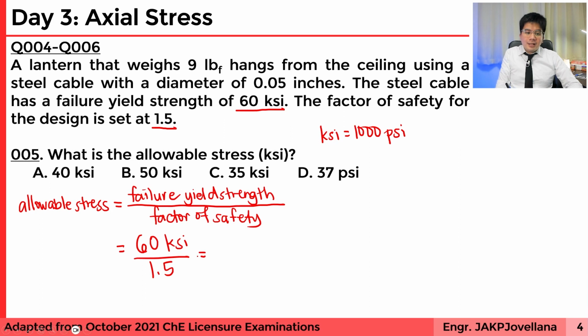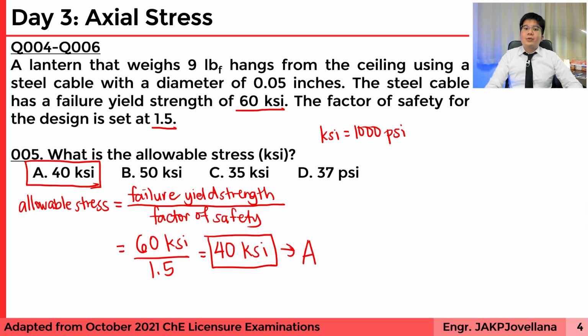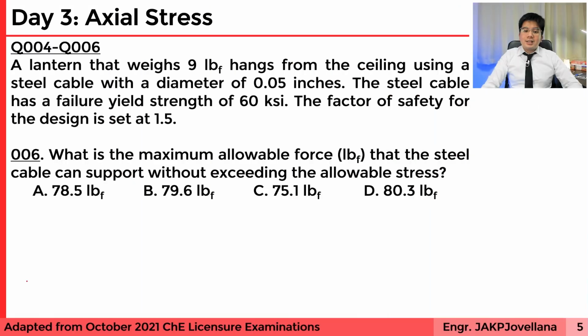So calculating 60 over 1.5, we have 40 KSI. So from the choices, this is letter A. For our last question, we will use this allowable stress to solve question number 6. What is the maximum allowable force in pound-force that the steel cable can support without exceeding the allowable stress that